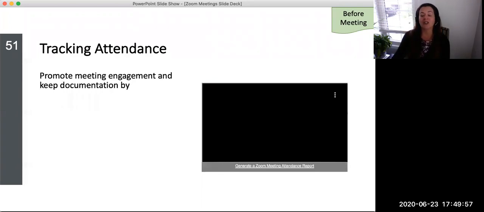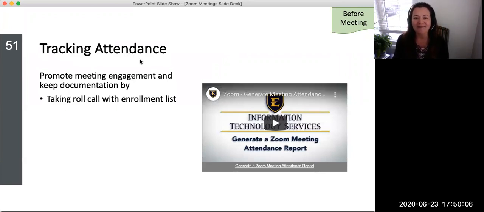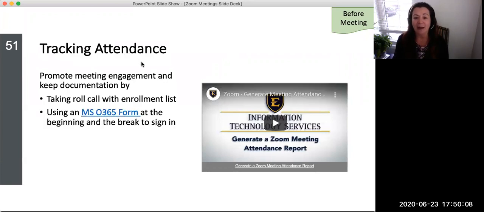Faculty are encouraged to track meeting attendance. There are different ways to track attendance. Some ways are low tech and happen right in the meeting, such as a roll call. Or faculty can use a collaborative document or a Microsoft 365 form and share it to have students sign in